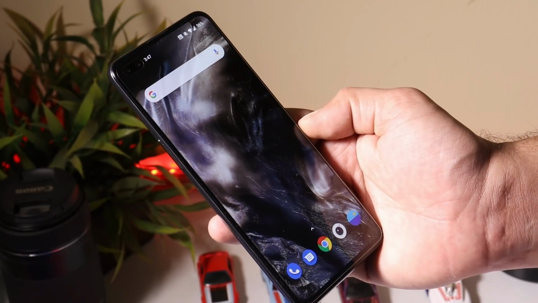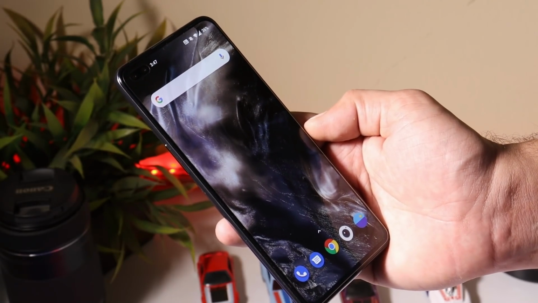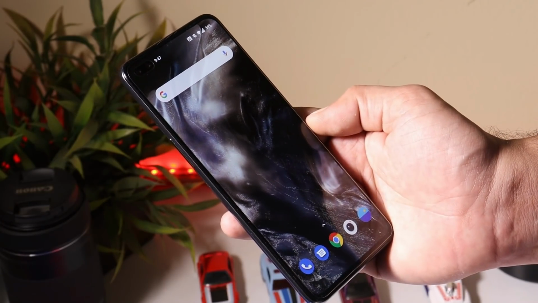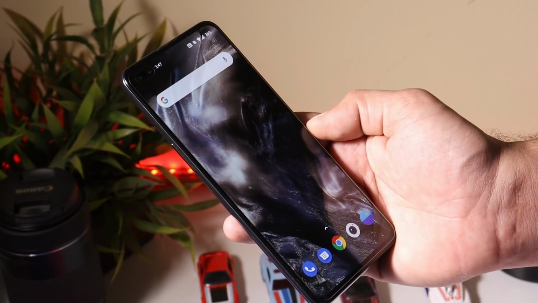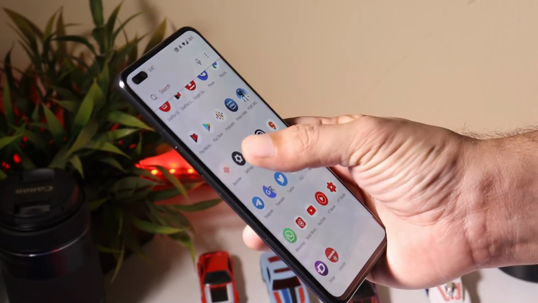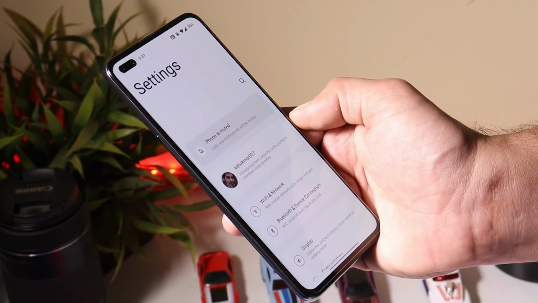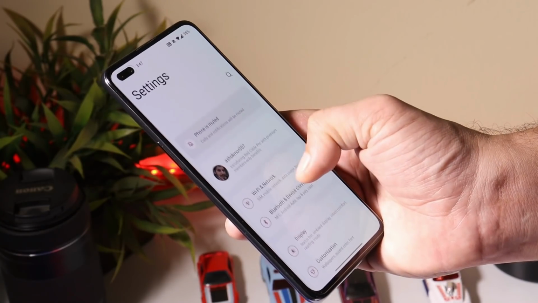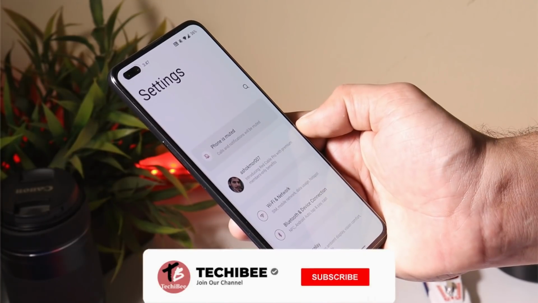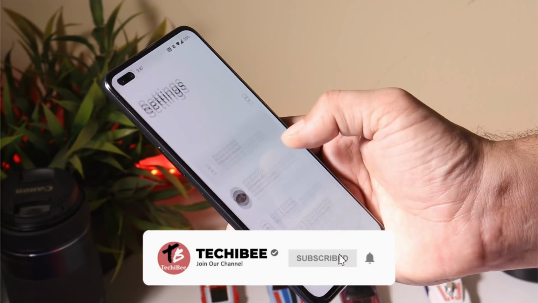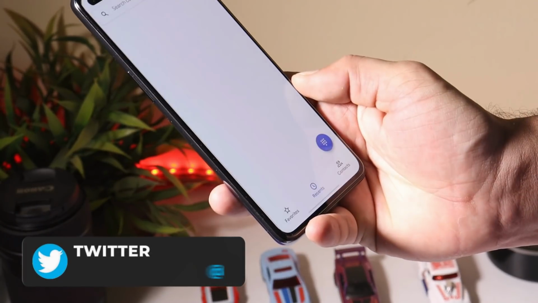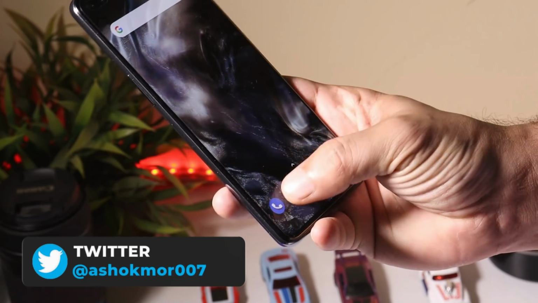So with this update, they have mentioned lots of changes and the changelogs are related to system, ambient display, dark mode, shelf and gallery. First one with the system, they say updated to Android 11, which I have already shown you. And then they say fresh new UI design. Yes, there are lots of changes related to UI and you'll notice more with the system applications. As you can see here, we have this new settings panel which is completely redesigned and most of the system apps are now redesigned for one-hand usage. If you are thinking we'll get the OnePlus dialer or messaging app, right now we don't have that option. We still get the Google dialer and messaging app.